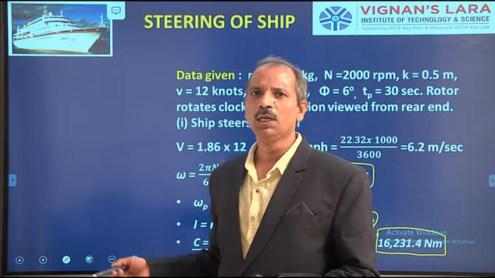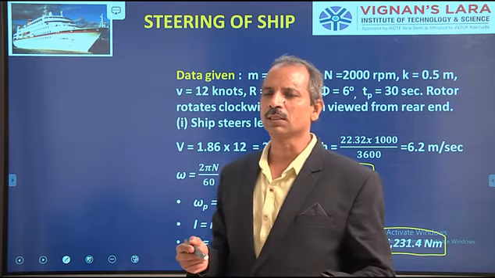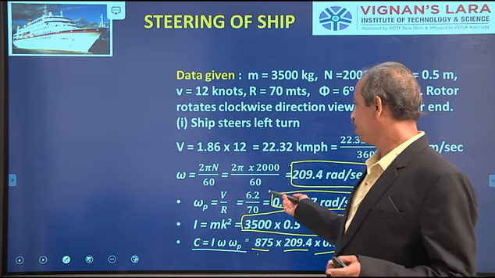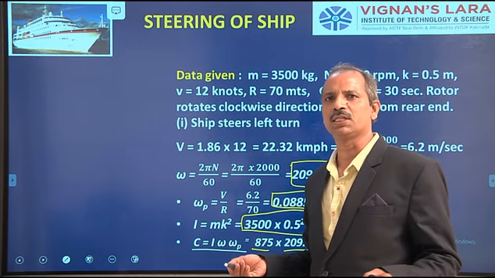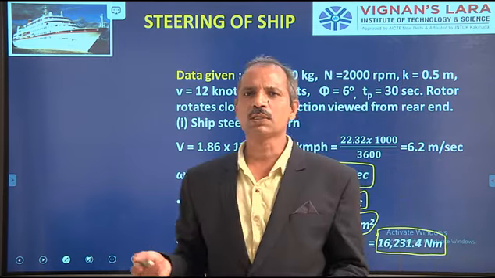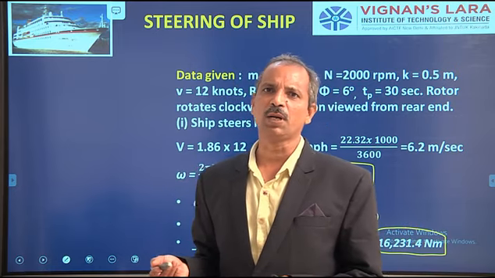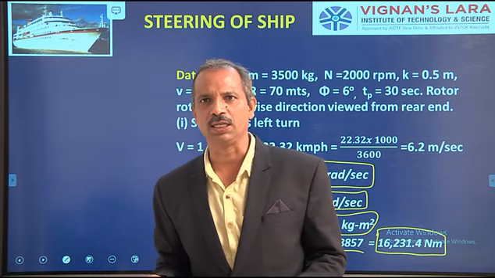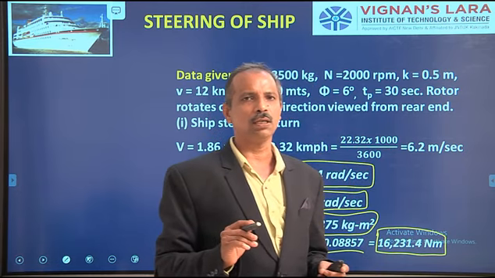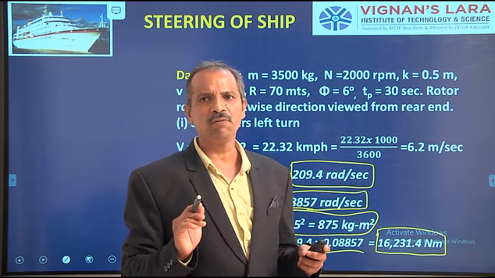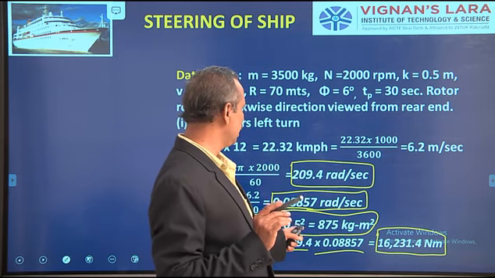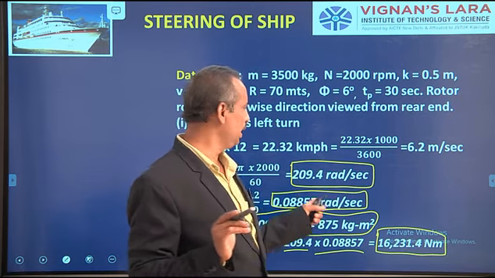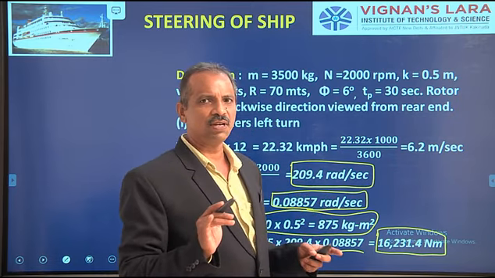The reason I have explained it this way, and not shown the solution first, is that if I show the solution immediately, you just copy it, or you pay attention to the answer and not the procedure. So from now onwards, for any problem I will first explain, then show the solution. In gyroscopic problems, the simple way to find its magnitude is by substituting I omega p like this. This is very simple.